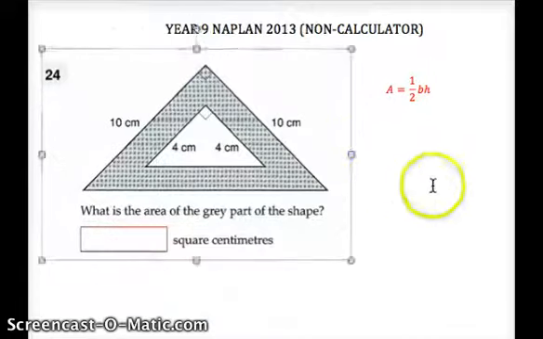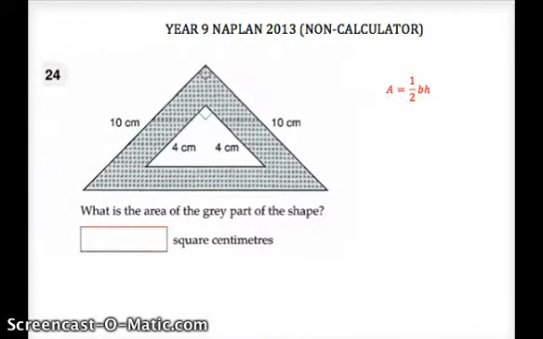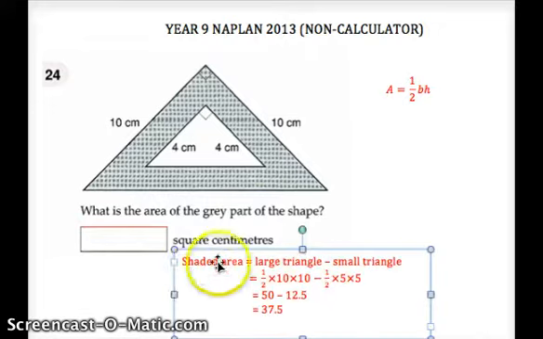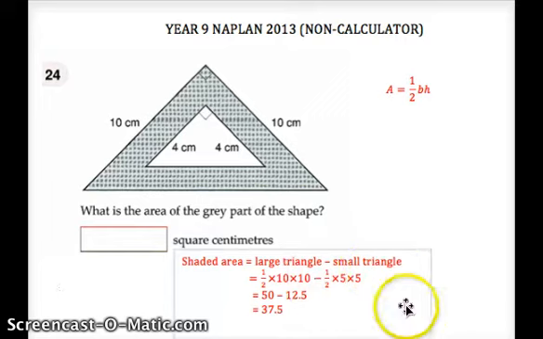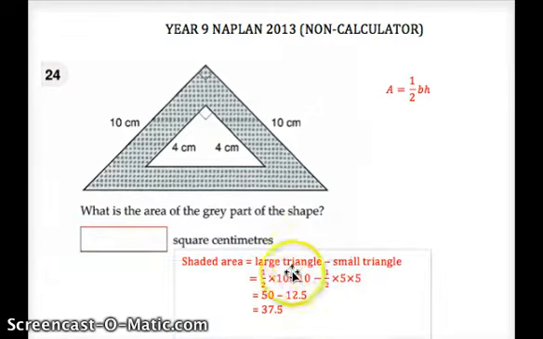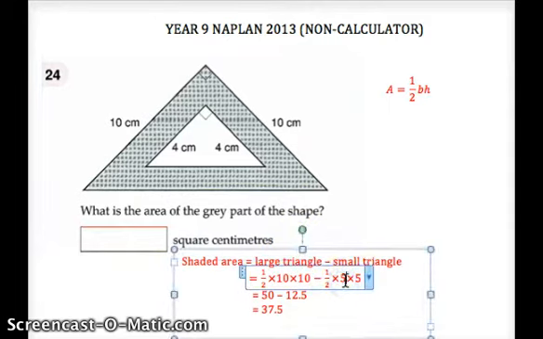Okay, so to find the shaded area, we'll do the area of the large triangle minus the area of the small triangle, and I'll just bring that in here. So the shaded area is area of the large triangle minus area of the small triangle. Now the area of the large triangle is a half times 10 times 10, minus the area of the small triangle, sorry, I've made a little mistake here, is a half of 4 times 4,